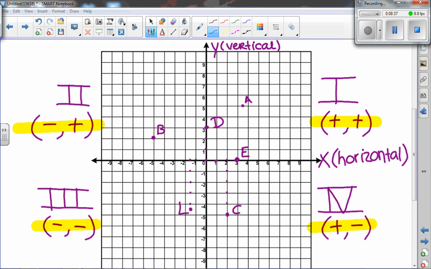All right, I also want you to notice when we go back and look at point A, X and Y are both positive. We have a positive, positive. B is negative, positive, which puts it into the second quadrant. C is positive, negative,